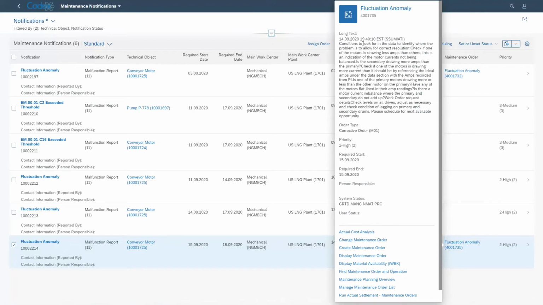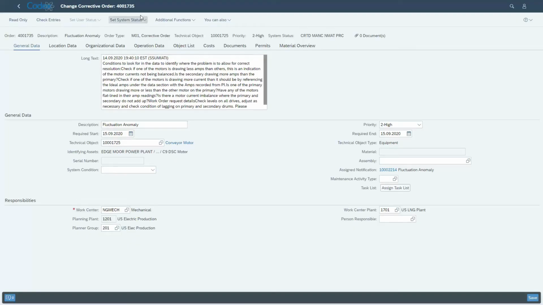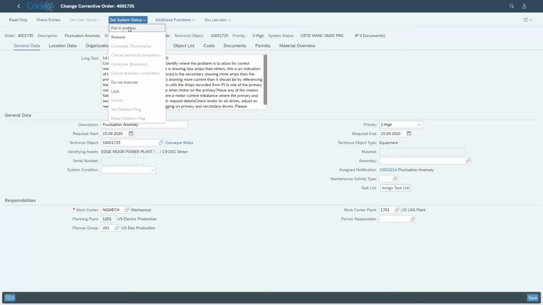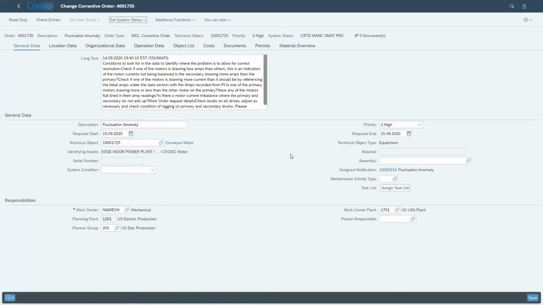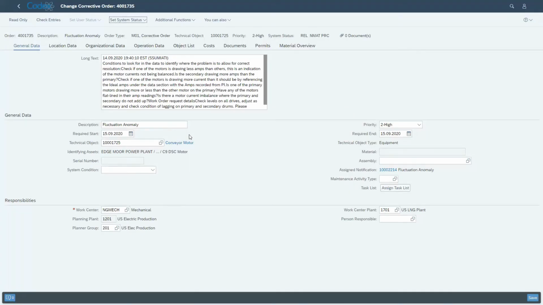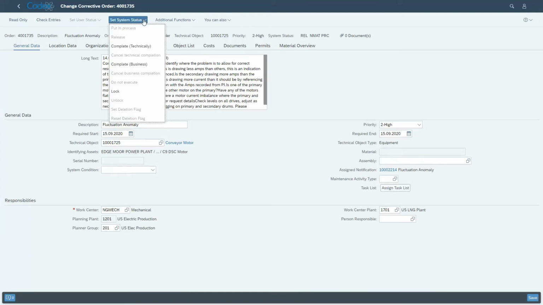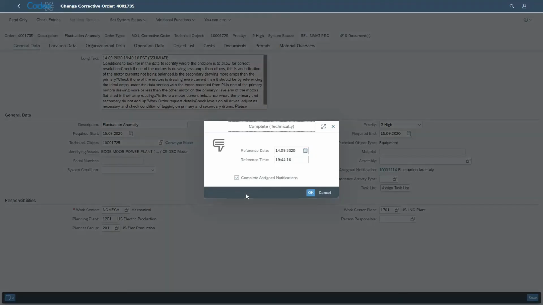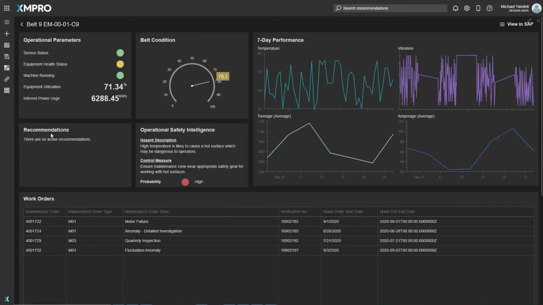What we're pulling through is the exact same work instruction information that was seen in the XMPRO recommendation screen. That's being passed through to SAP as well, so it will be available to your users in here when they're interacting with this notification. If you mark that notification as complete, it will close out the recommendation all the way through. So if you go back into XMPRO, you'll see that this particular recommendation has been closed out and there